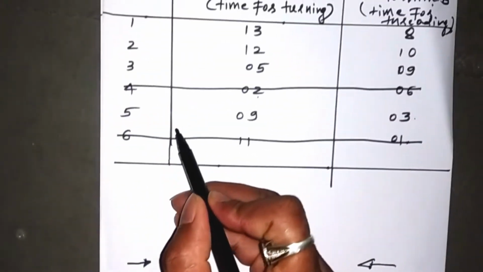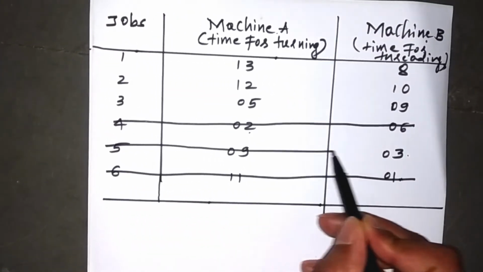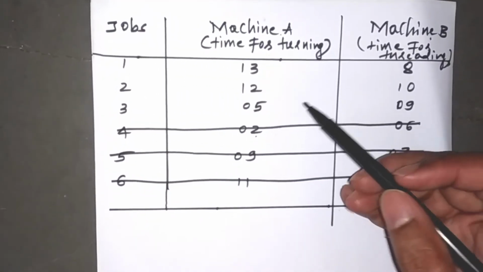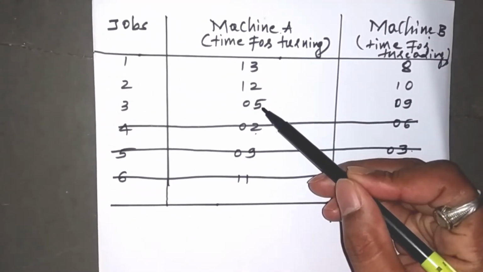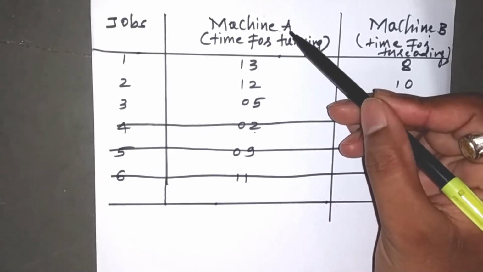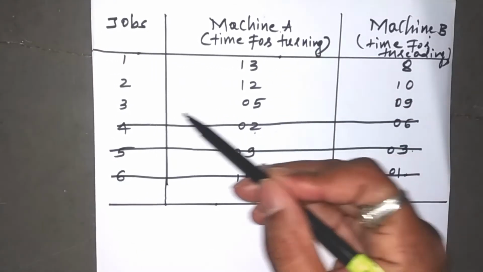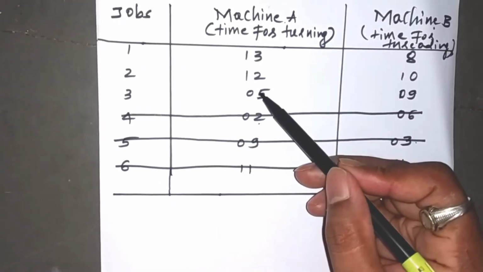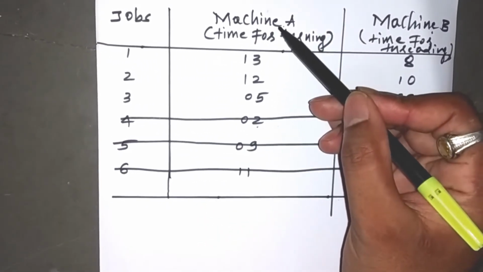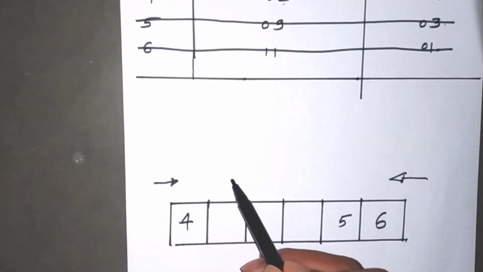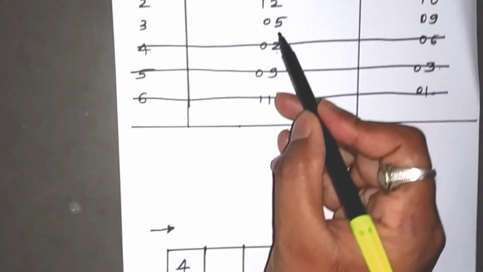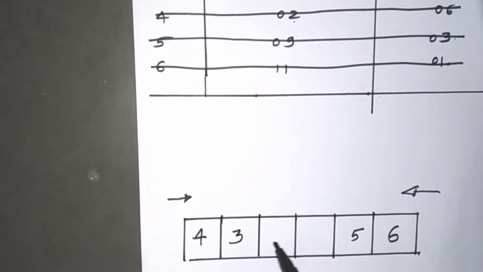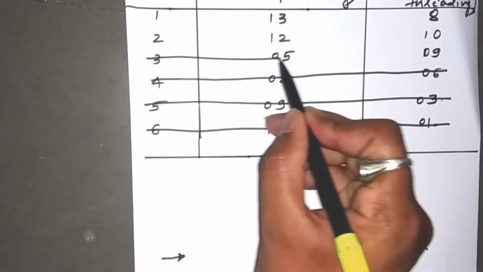So after you sequence it, you delete from the list. And next we will see the next minimum number. Now the next minimum number is 5, and this 5 is for machine A, and we have third job for this. So how to sequence this? Since this 5 is present on machine A, I have to sequence from this side, and this 5 minutes is for which job? This is for third job. So third job I'll write it here, and once you write this, you just delete this from the sequence.